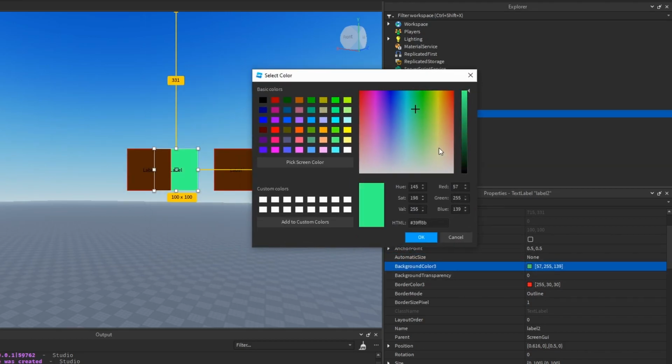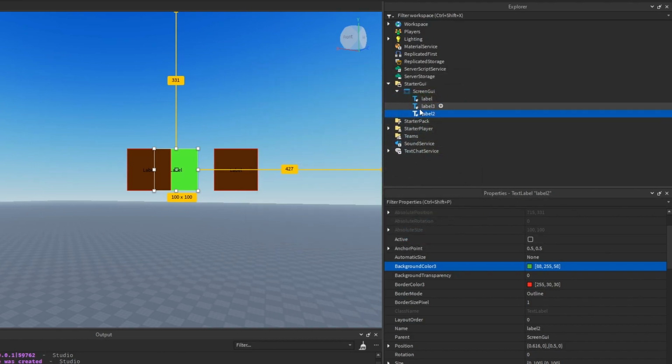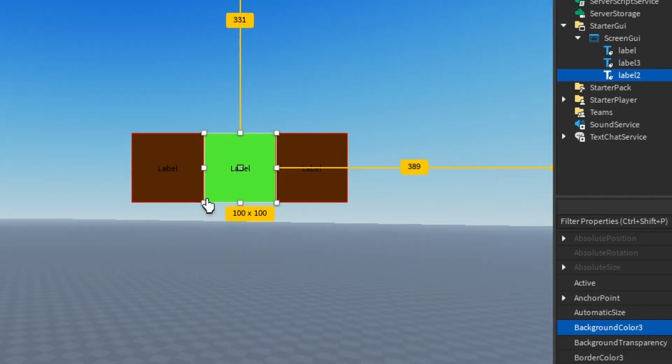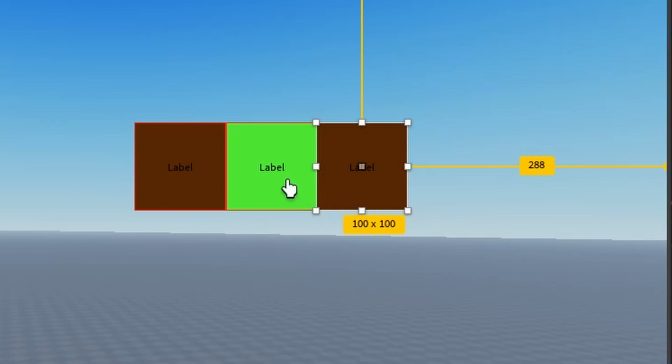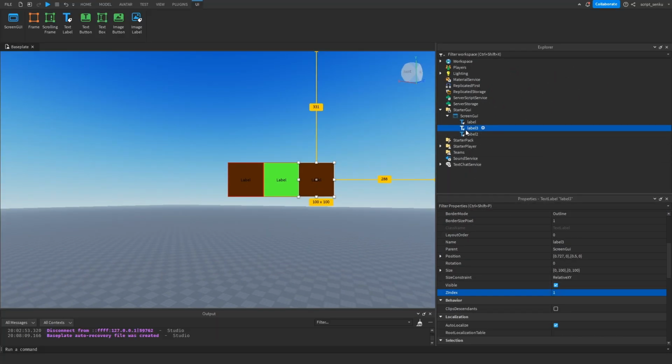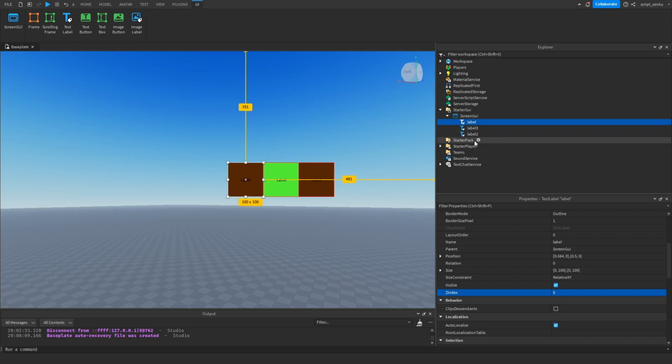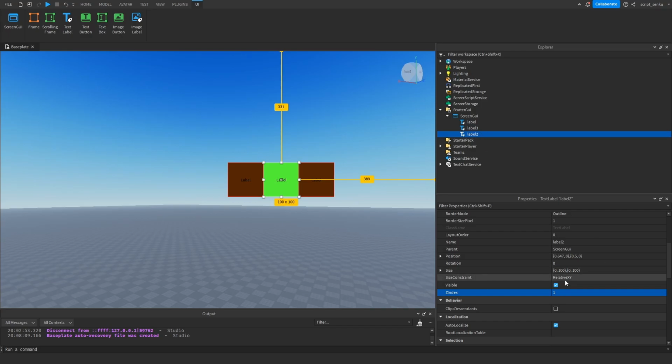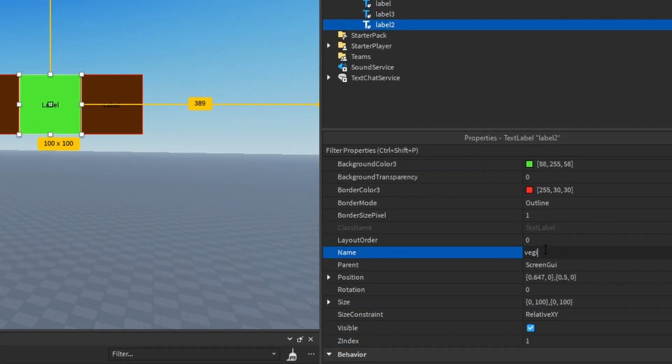Okay, so I literally turned it into a sandwich to show you. This is your top, this is your bottom, and that's your vegetables, or your meat, or whatever. Let's make this 1. So label 3 is gonna have a z-index of 1. So top, vegetables, bottom, and let's call this veggies,